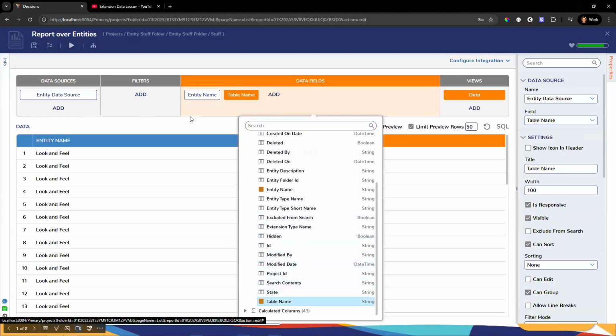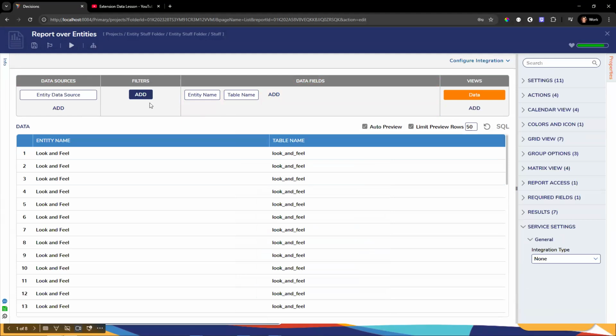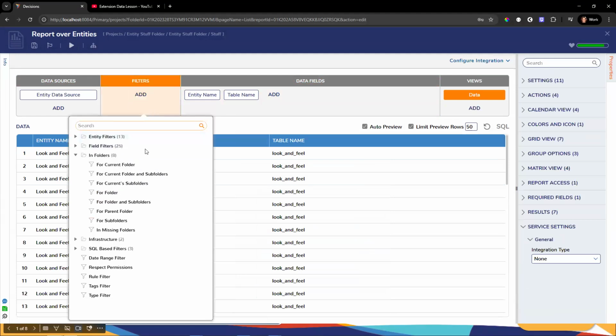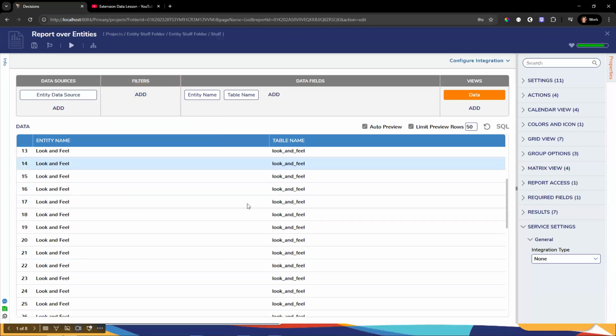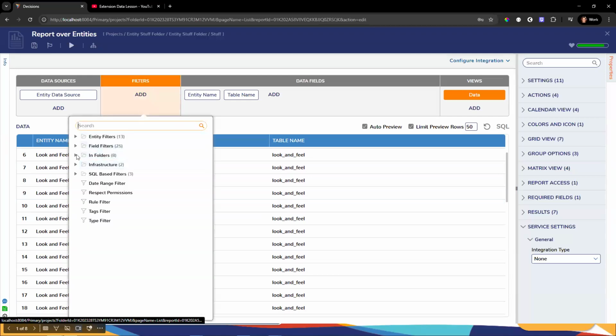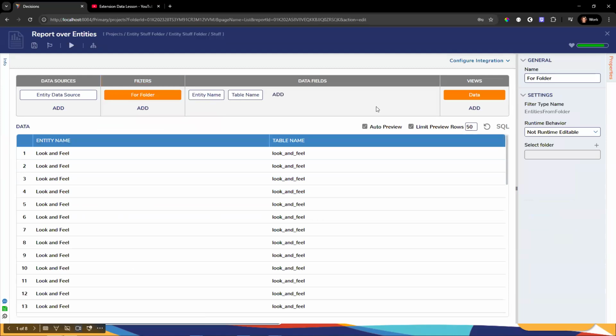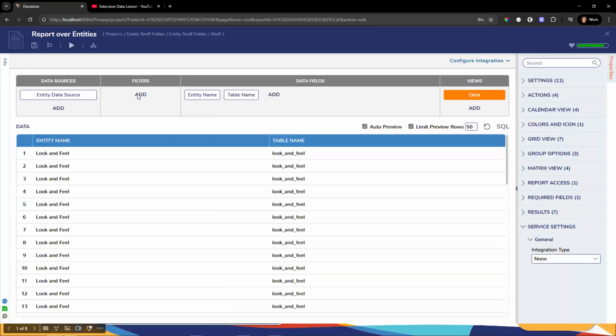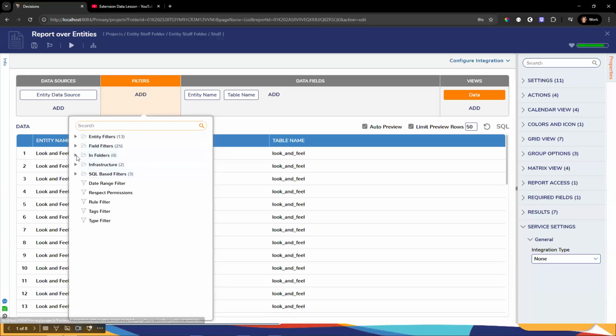Let's say you want to be able to know where it's from. And then what you can do is there's a specific filter that you have called in folder filters. Because obviously, this is literally everything inside of the system, which isn't helpful. But what I can do is I can say, okay, I want an in folder filter for folder. I'm going to do this statically, but you can do this more dynamically by just doing the in folder, like